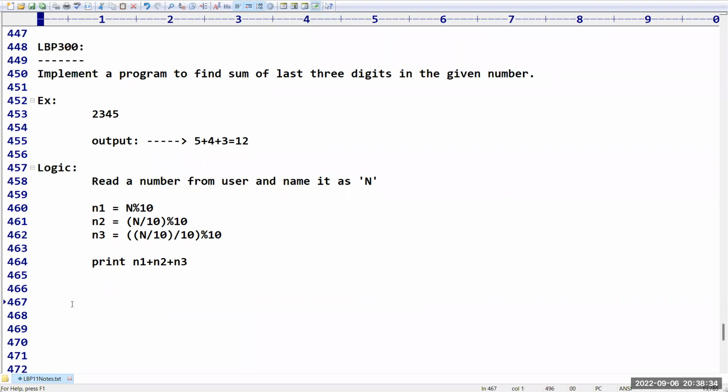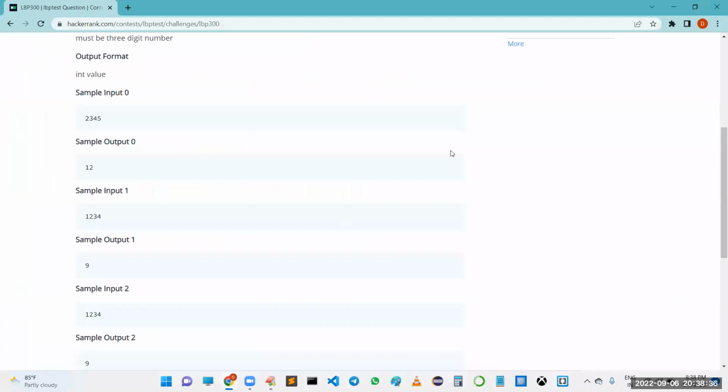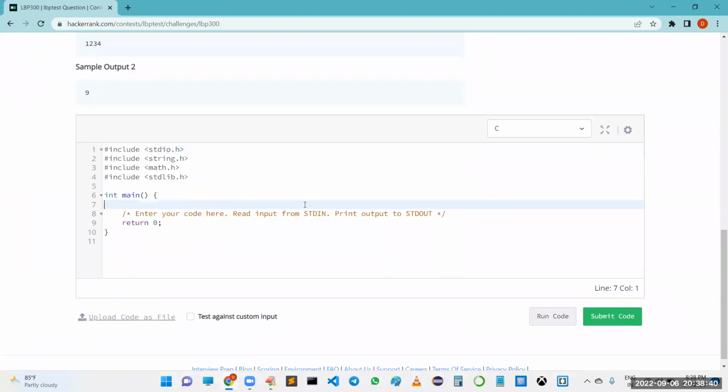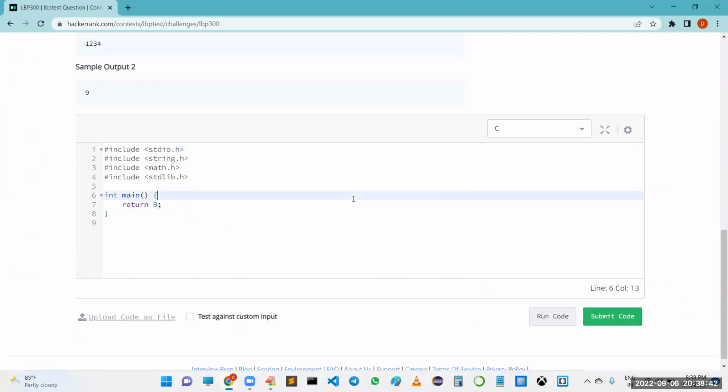Sir, I will implement this program by taking any one programming language. Maybe, sir, I am taking C language. So I am not going to explain the program structure. Just I will write the program. Integer, capital N, small n1, small n2, small n3. These are the inputs which are required. Sir, we are going to read capital N value. I will explain these functions, don't worry, friends.